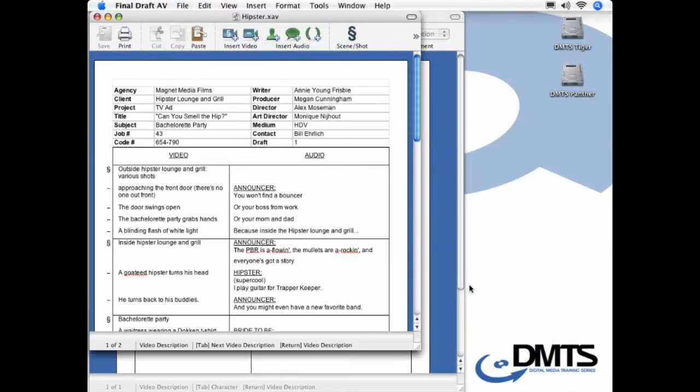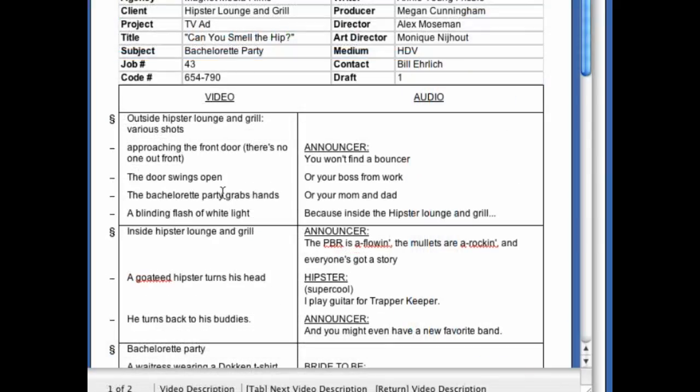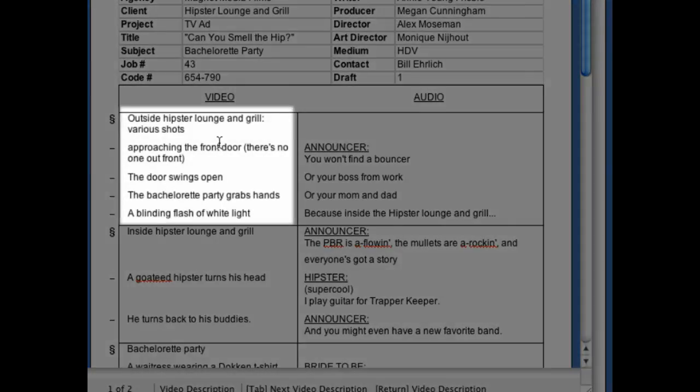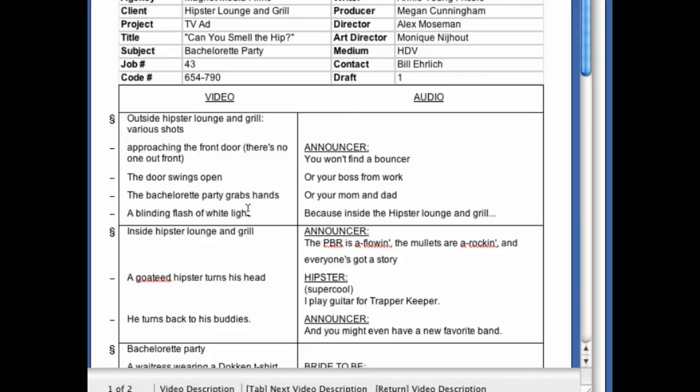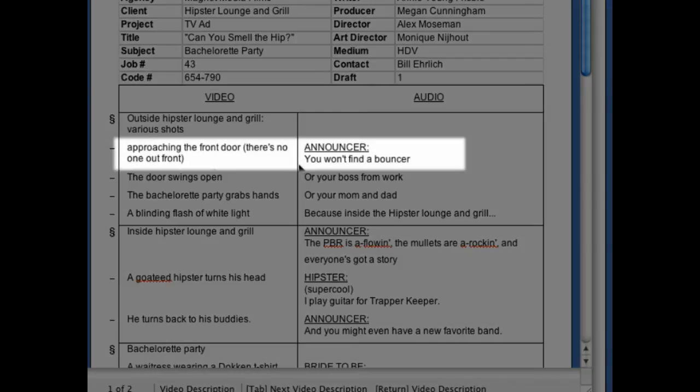Final Draft AV scripts are made up of individual scenes or segments. Each scene may be further divided into many shots. As you can see in this first scene, we have 1, 2, 3, 4, 5 shots. Any character or dialogue elements that are associated with a video description element, as you can see, this shot has this character and dialogue element associated with it, will remain aligned when text is added or inserted within a scene